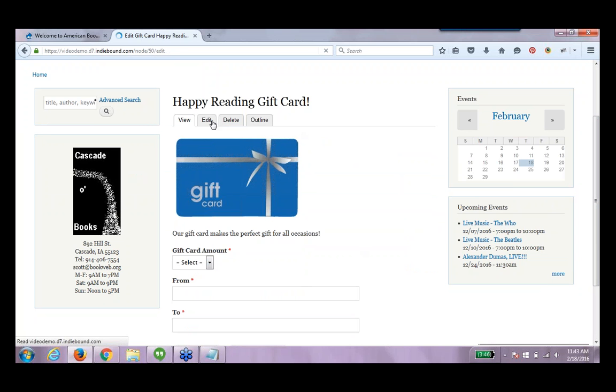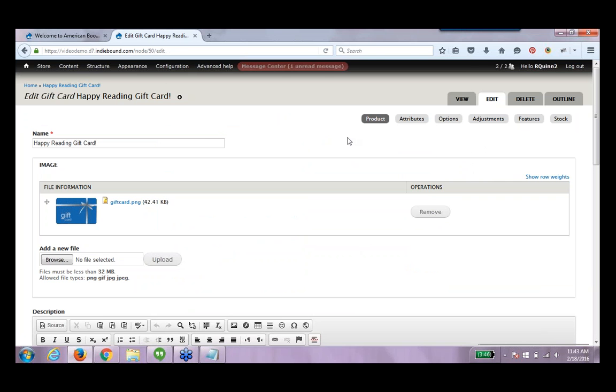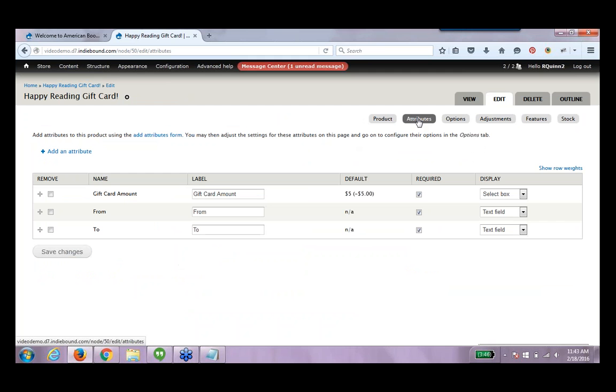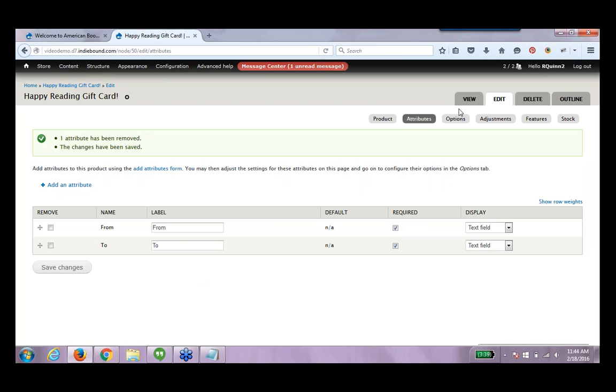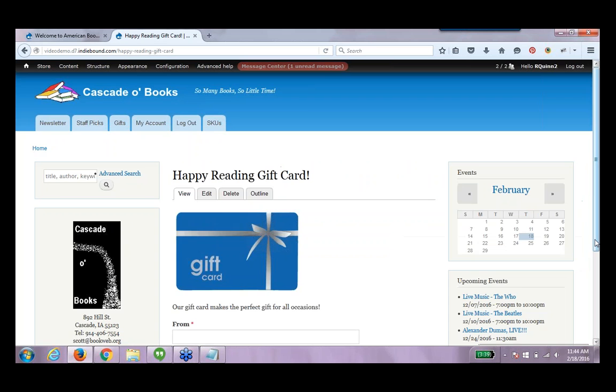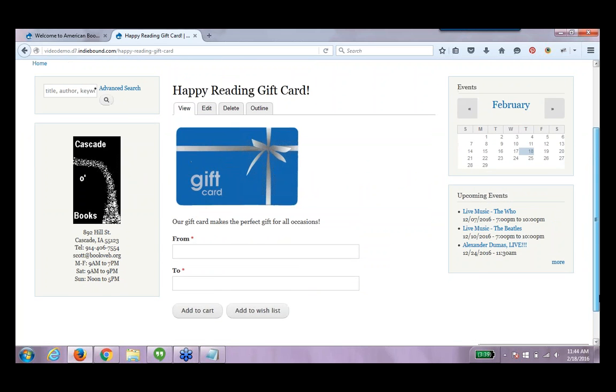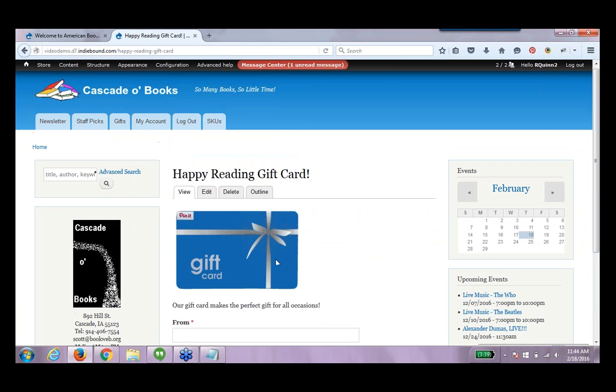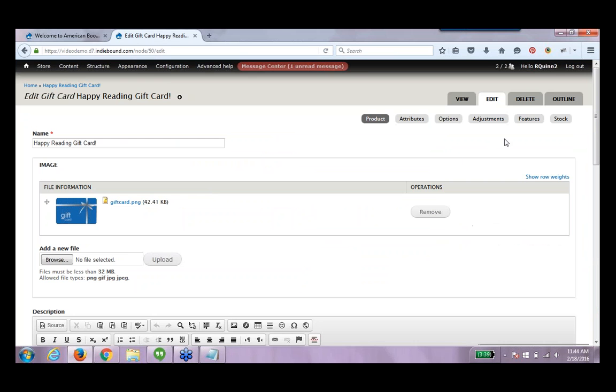So I'm going to click my edit button. And the first thing I need to do here is remove that amount drop-down option. So I'm going to go to Attributes. I'm going to select gift card amount under the Remove column and Save Changes. And now, when I view this, I don't have any gift card amount option. But I do want to put the variable price feature on it, so I'm going to go back to Edit, select the Features tab,